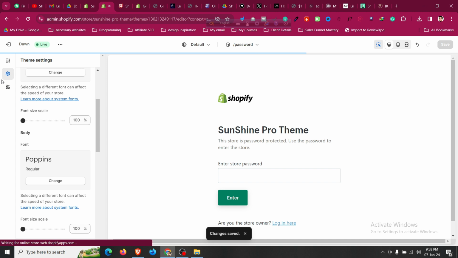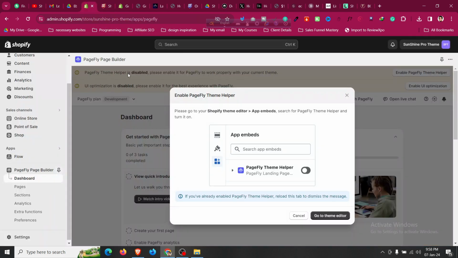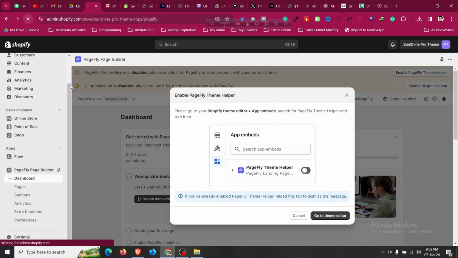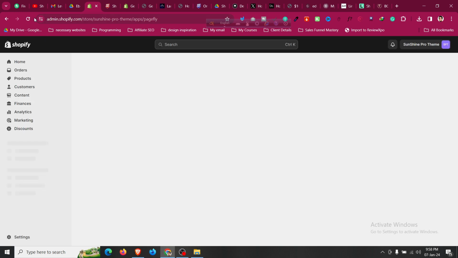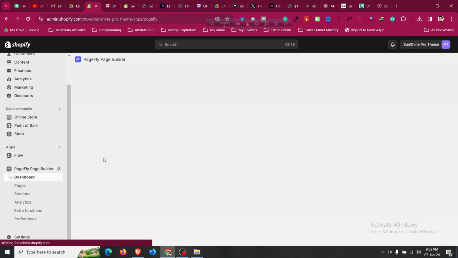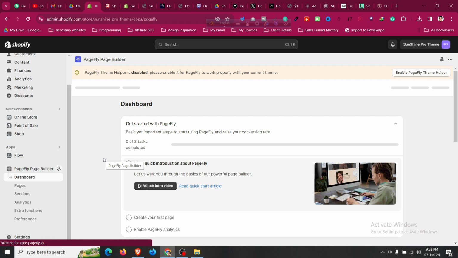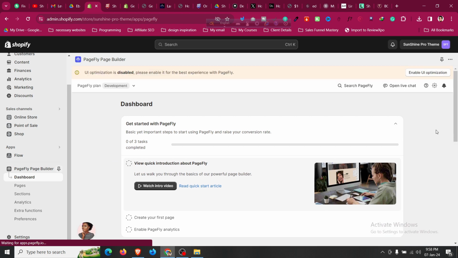We can also define color, but color can be defined from Pagefly as well. So then click the cross icon and we'll redirect to Pagefly. Now refresh the Pagefly editor once again with the refresh button in our Chrome browser or any other browser that you are using. You will find one pop-up has gone, another pop-up remained, which we need to